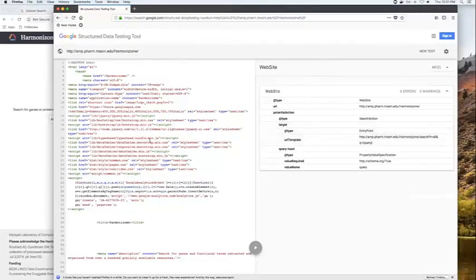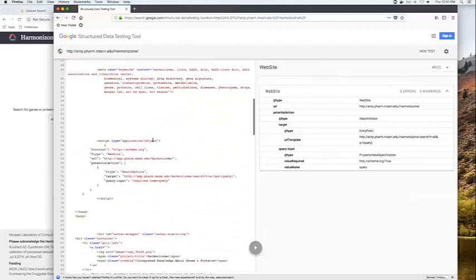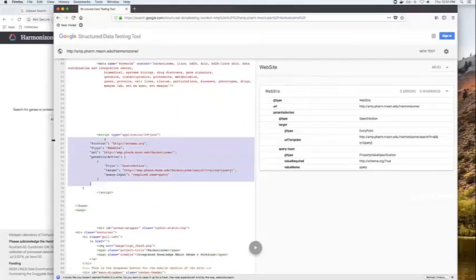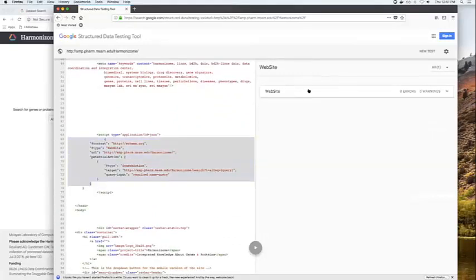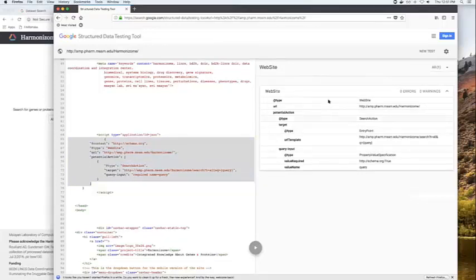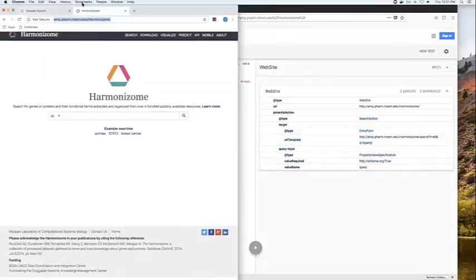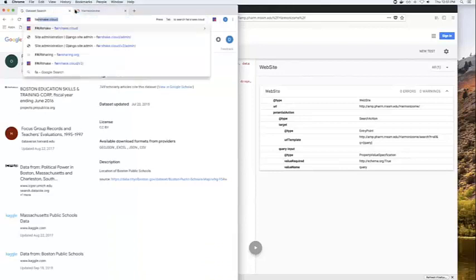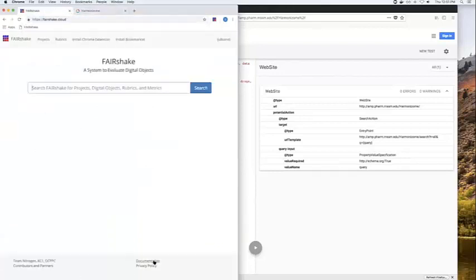Essentially, because HarmonyZone is exposing JSON-LD in its HTML page, we find that it creates a block here with that information. And this is the very information that FAIRshake is looking through to find things to put into the semi-automated assessments. So let's go back to FAIRshake.